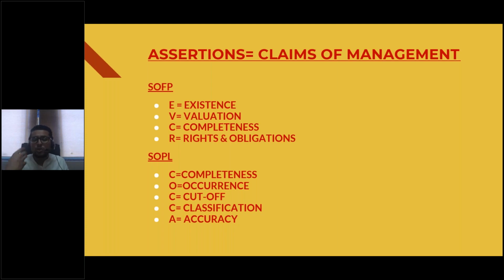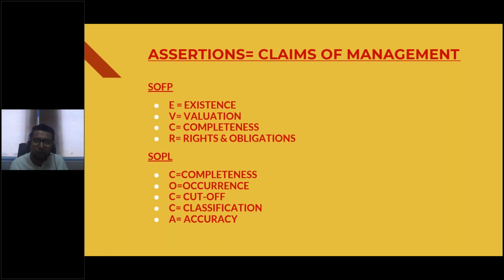So just imagine you are the management of a listed company and I am the auditor of that particular company. I need to verify whether the financial statements are expressing a true and fair view. And you as a management would be claiming that the statement of financial position, or for that matter the statement of profit or loss account, is expressing a true and fair view. So you are claiming that the financial statements are expressing a true and fair view, and I need to verify whether the financial statements are literally expressing a true and fair view. So here comes a terminology called assertions. Assertions are those claims made by the management.